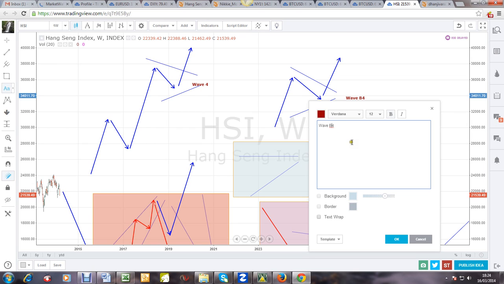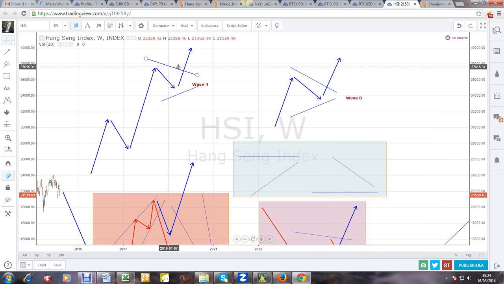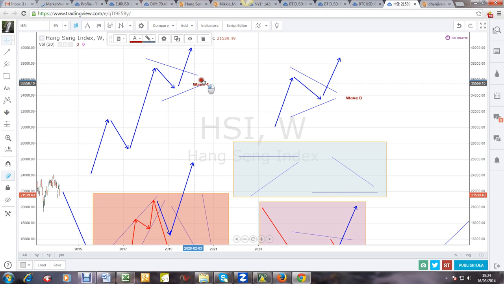And what we are trying to say in that is that that triangle is the last correction or a congestion for the final leg up, either in a wave form of a wave 4, or you have a wave B and it's the last leg out. So we will come to the specific examples in a moment, but one of the guidelines you also have to consider in this one